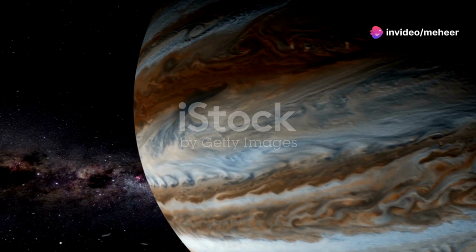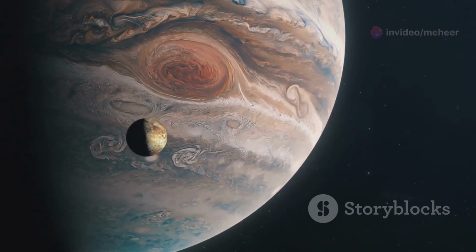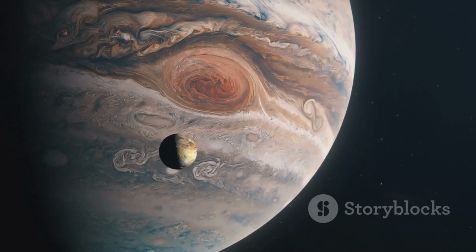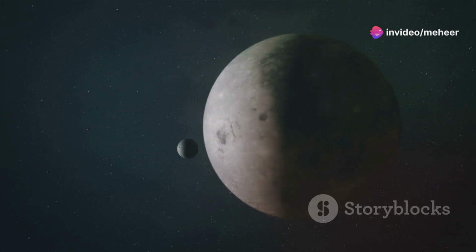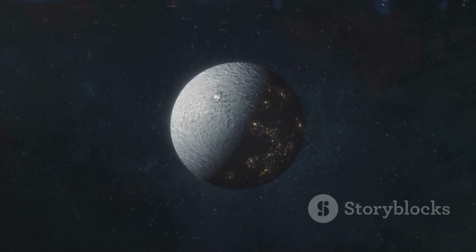Jupiter, the king of our solar system, reigns over a vast collection of moons. Among them is a small, enigmatic moon discovered in 2003, known as S2003 J10. This tiny world holds clues to the early solar system and the dance of gravity. S2003 J10 may seem insignificant at first glance, but even the smallest celestial bodies can reveal grand